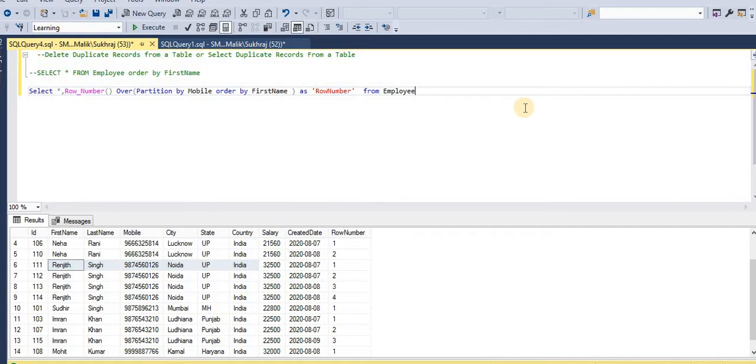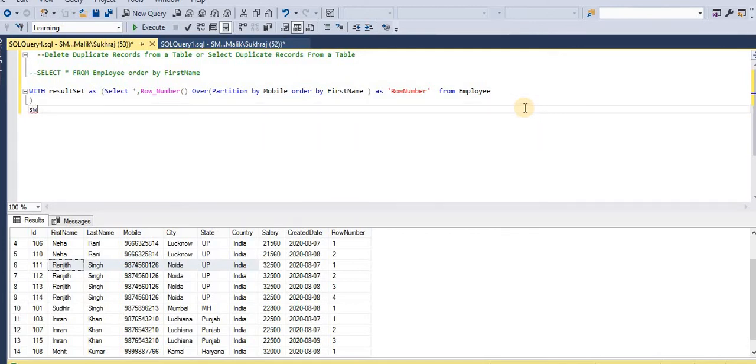So how can we do that? For that, first we need to store the output of this query in a common table expression. Let me rename it as result set. Now from this result set we will select the output.